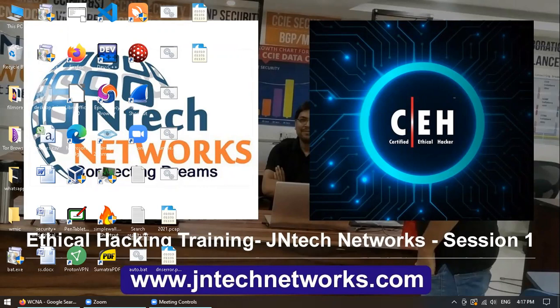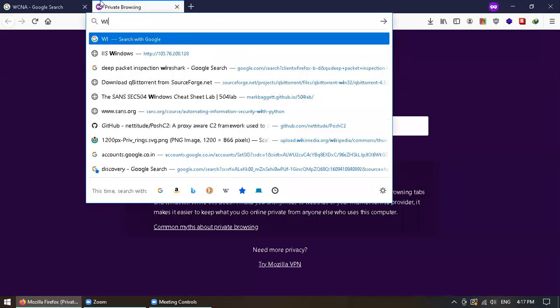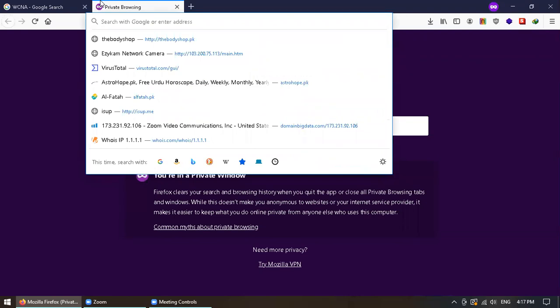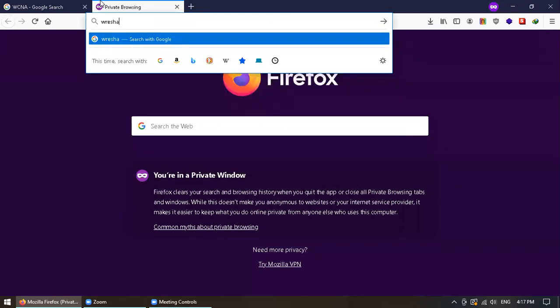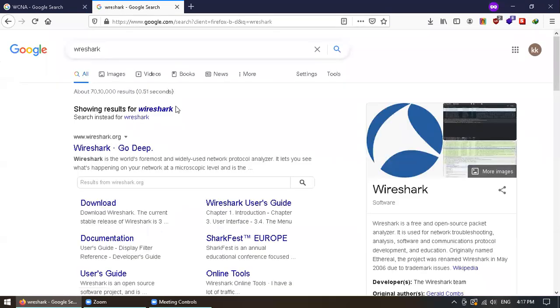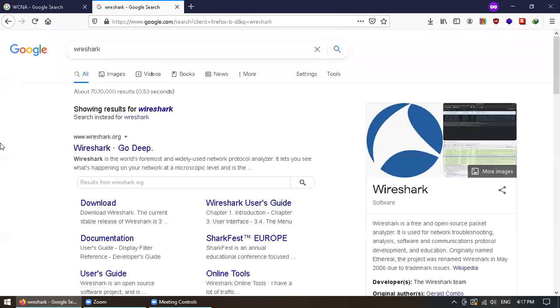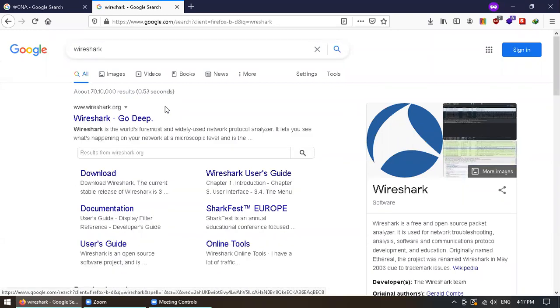First of all, what is Wireshark? Wireshark is a network protocol analyzer. It can help you to see network errors, to find problems inside the network, and to analyze errors in networks. It helps you understand whether the problem is from the server side or the client side, where the network delay is happening, and why it is happening. We're going to do that using Wireshark.